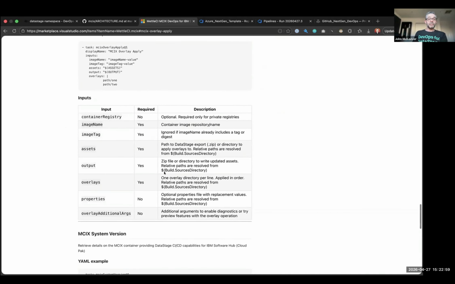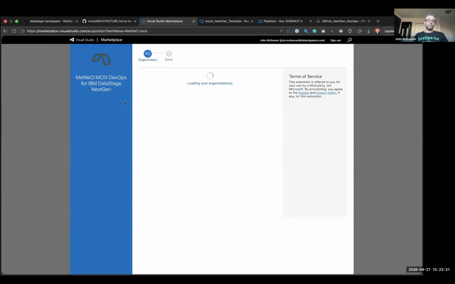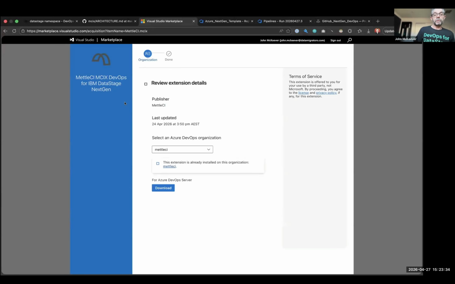You will install this extension in your organization. So you can say, get it for free. Okay, and so this is presenting me with a dialog enabling me to install the extension in my organization. I've actually got two organizations, Data Migrators, which is kind of like behind the scenes development, and Metal CI, which is front of house publishing stuff to the world. I've actually got this extension already installed in those organizations, but you would literally just click the install button that would appear here. And then that means any repositories within your organization have access now to those Metal CI MCIX